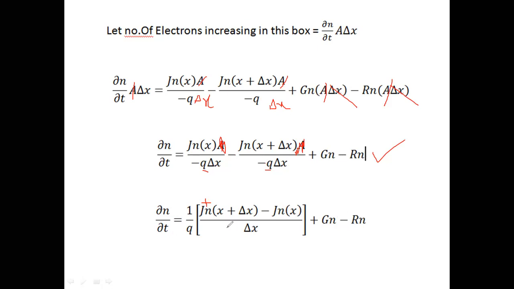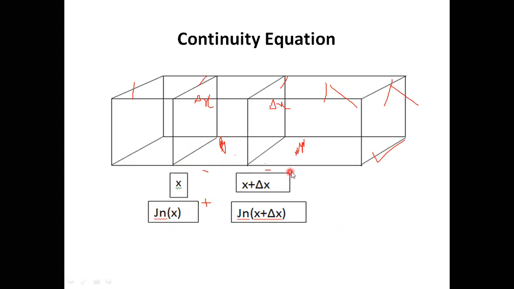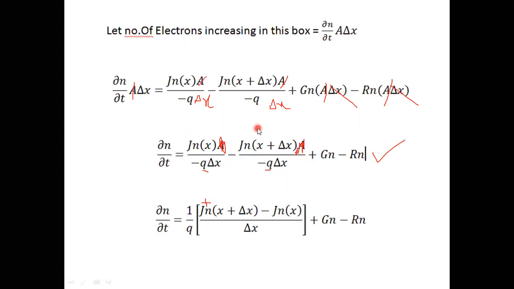So here we have represented current density in terms of space. Okay. I'm talking about current density in terms of space here. Space means lengthwise. But the electrons inside the pillbox will increase with respect to time also. There's another dimension for it. So I will add here a term called t.